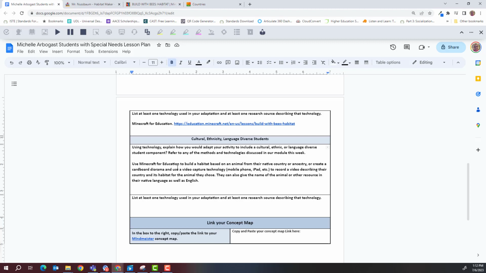with the English translation. So by doing a video, they could not only show the habitat through Minecraft, but then they could also do a little narration that gives more information about the country, their heritage, and maybe even the different languages or phrases used to describe that habitat. So again, there's various versions of this, and obviously for first grade,